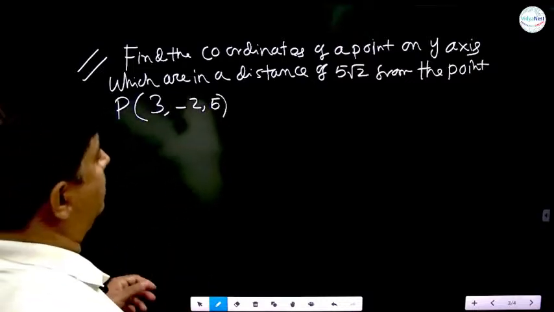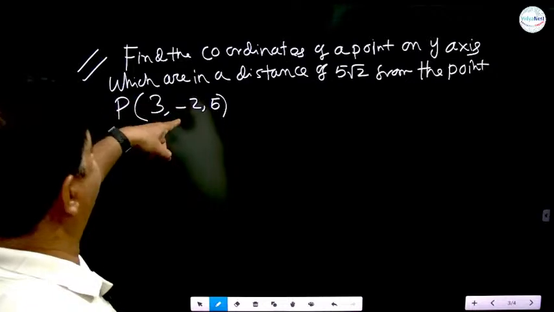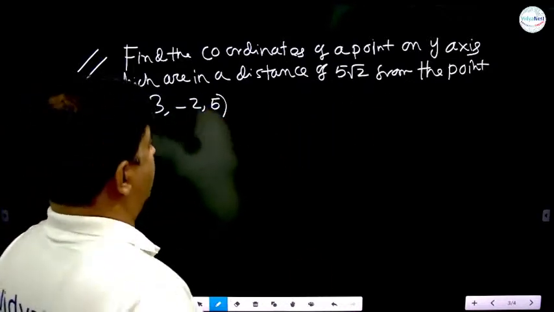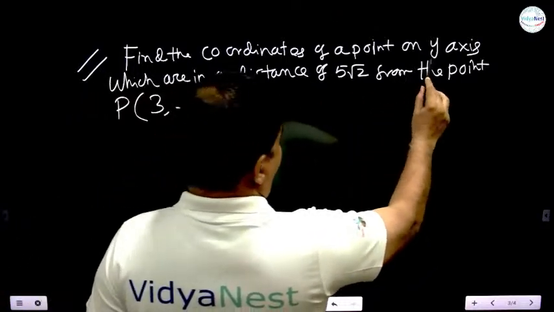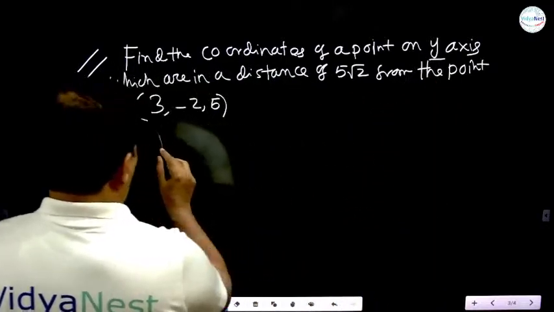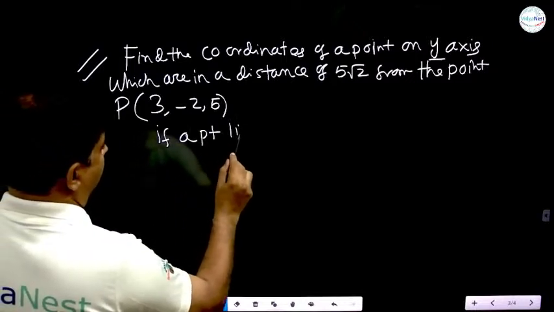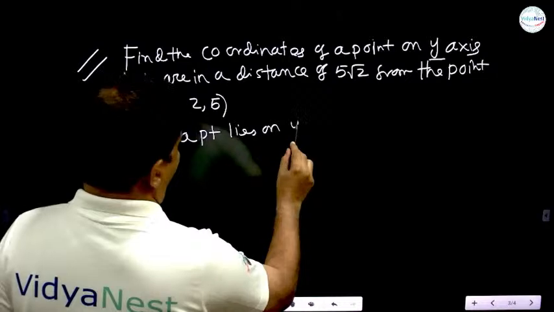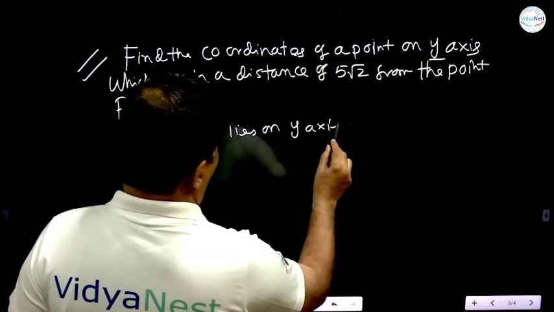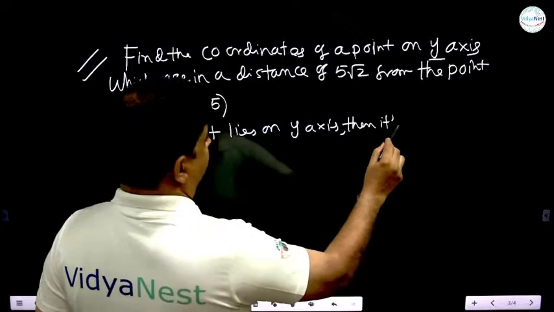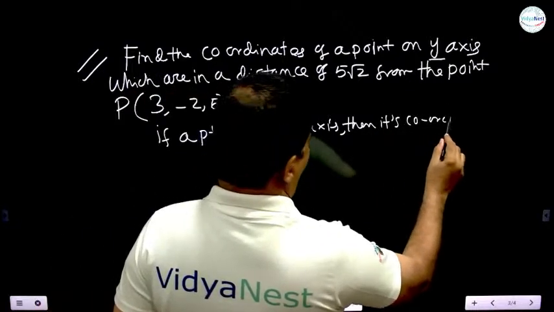Find the coordinates of a point on the y-axis whose distance from the given point is given. On the y-axis means if a point lies on the y-axis, then its coordinate